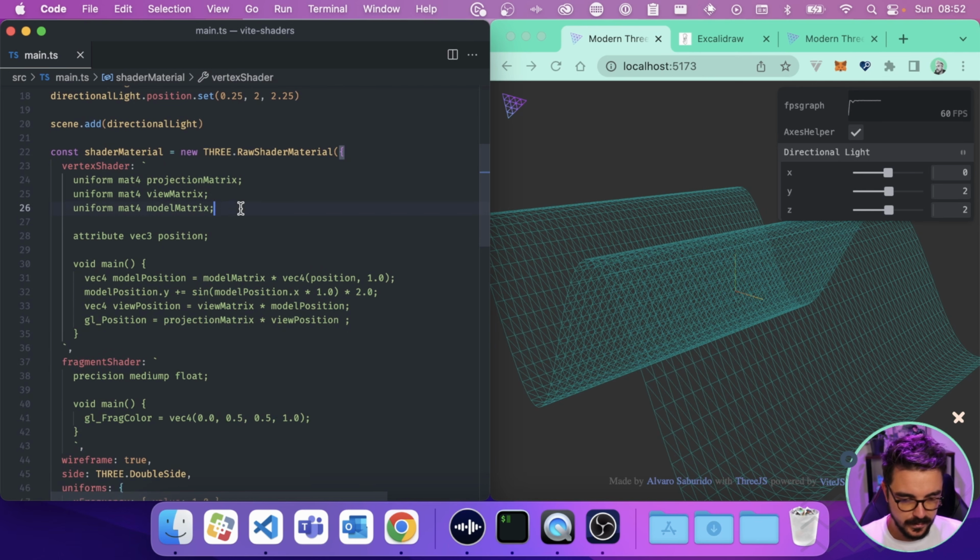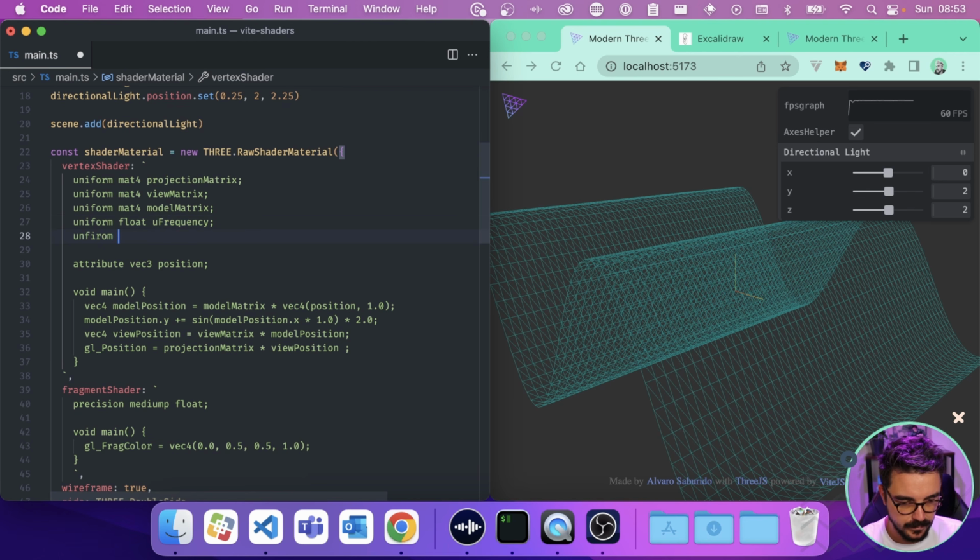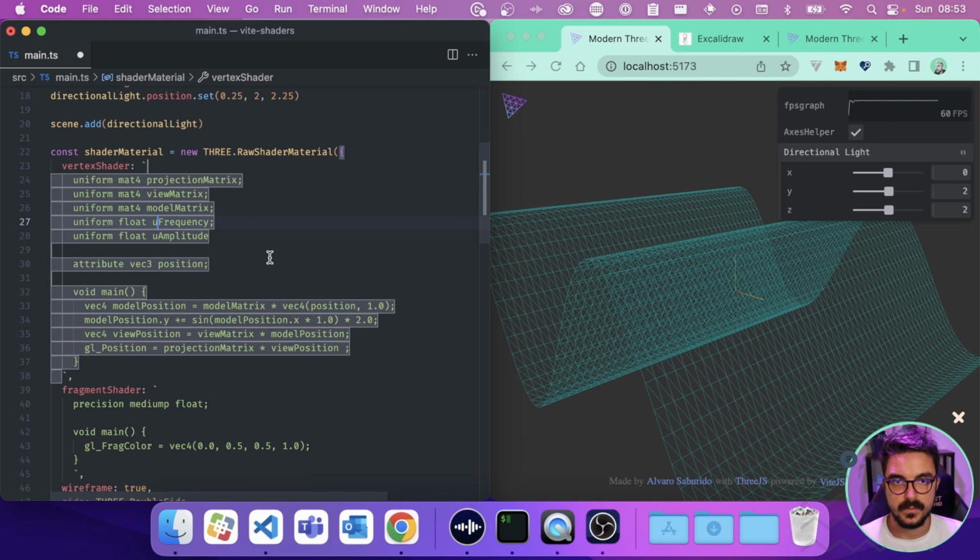The way of doing that is we are going to create another uniform. In this case, it's going to be a float, which is going to be uFrequency. And this one, uniform float uAmplitude. Why do I put a prefix of u? Because you will see afterwards we are gonna use another thing for the fragment shader, and it's gonna use another prefix.